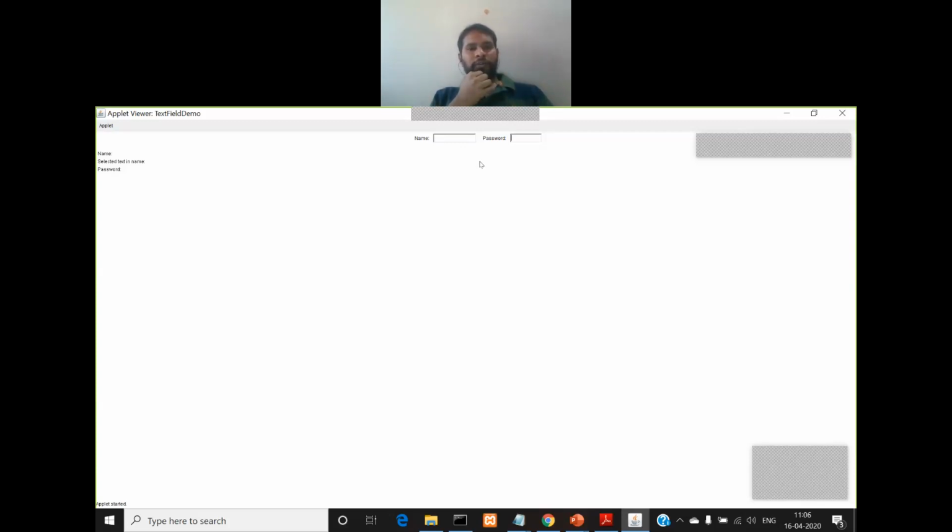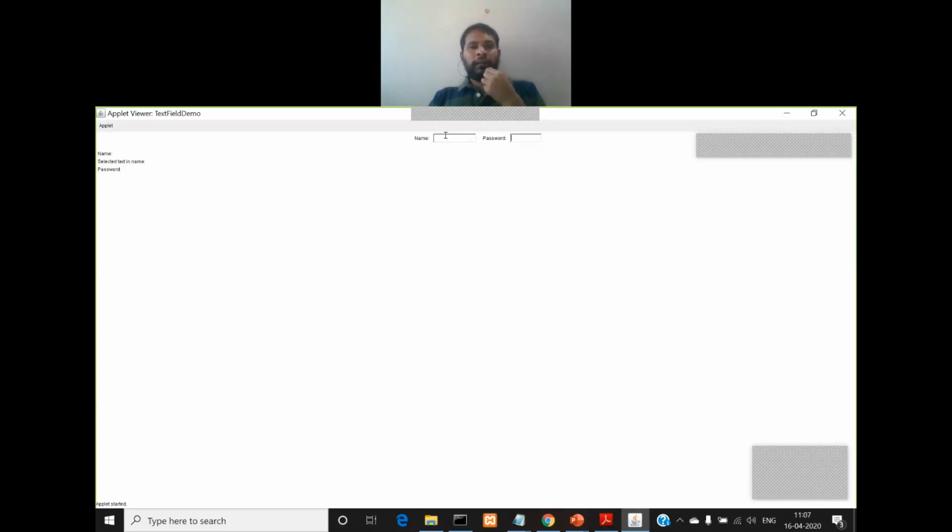Initially, the name, selected text in name and password values are empty because we have not yet entered anything and we have not performed any event. We didn't strike the Enter key on the keyboard. Soon after you strike the Enter key after typing some text in both the fields, only then will the event take place and you will get a response.